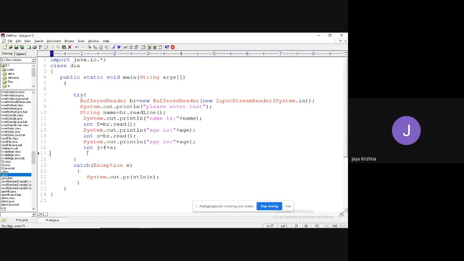Println sum is plus a. s is the second, f is the first.